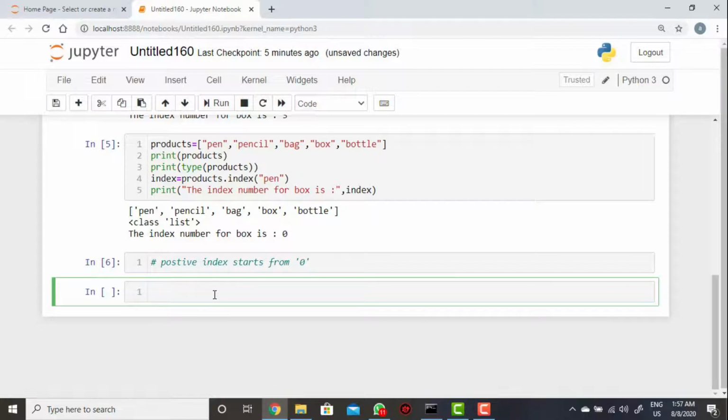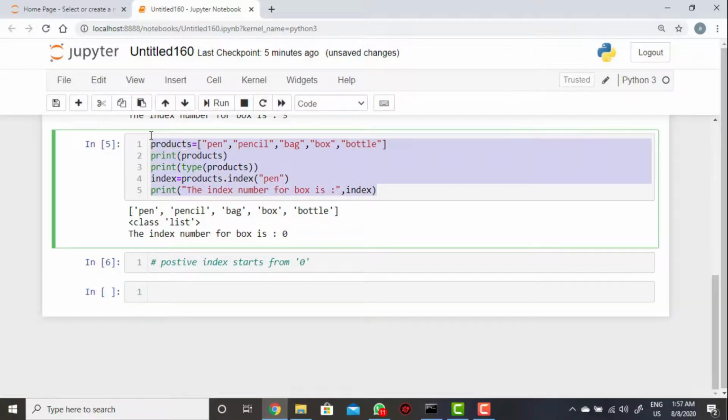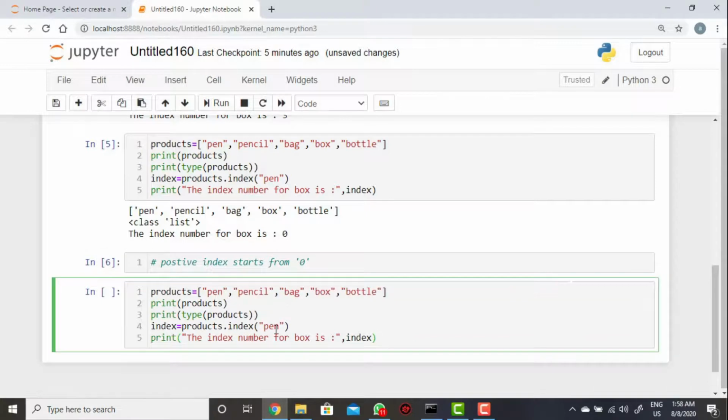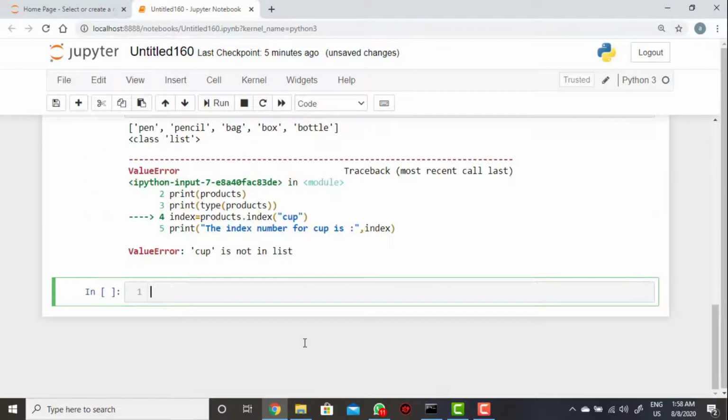So now let's see what I am trying to take here. I am trying to display a value which is not available in the list, that I am just taking here, cup. So when I execute here, what will happen? Then you can see cup is not in the list.